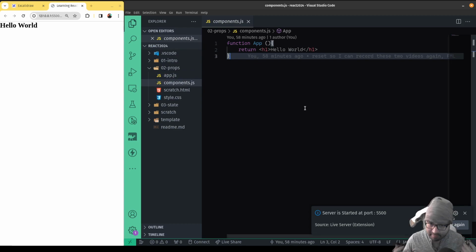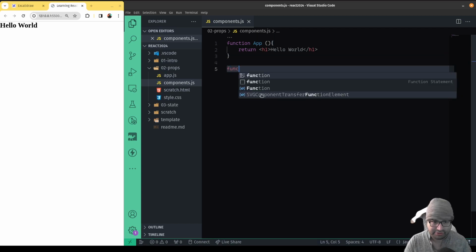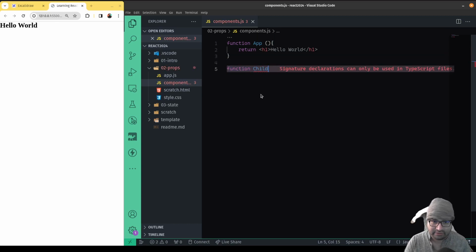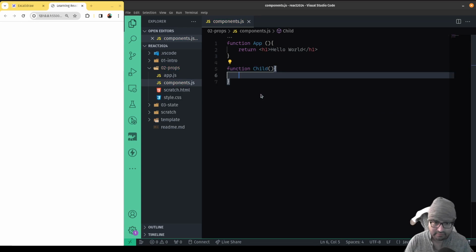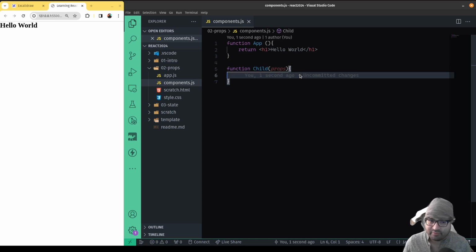And again, basically a component is just a function that returns JSX, which is that funny HTML-like syntax that Babel will then in turn turn into the equivalent JavaScript under the hood, but luckily we don't need to do that ourselves. We just write HTML. So let's imagine I create another component called child. So function child. Now what's going to happen is that every component can receive one argument, and generally we call that argument props. So it's going to receive props, and what we're going to do is we want to see